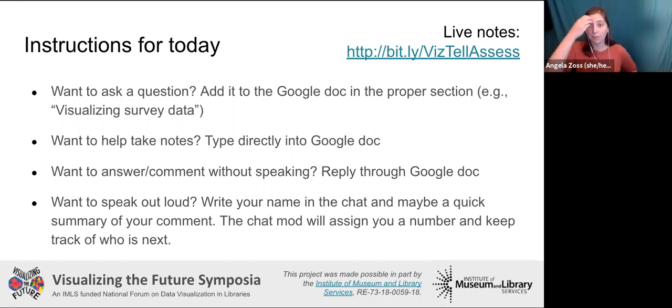With that, I think we're ready to get started. I'll end this poll and thank you for everyone who participated. I can share the results briefly. It looks like many of the people joining us today have visualization on the lower end of their job responsibilities, which is not uncommon in libraries, but we do have a few people where it's 70 or 80% of their jobs. And then how much of your time would you like to spend on visualization?